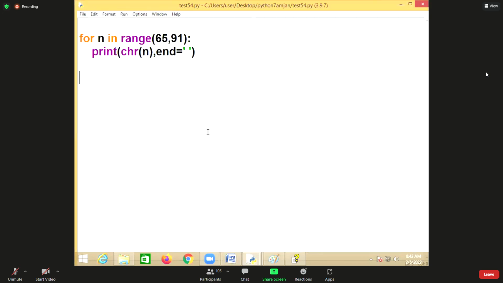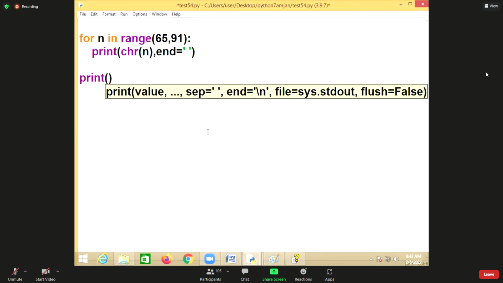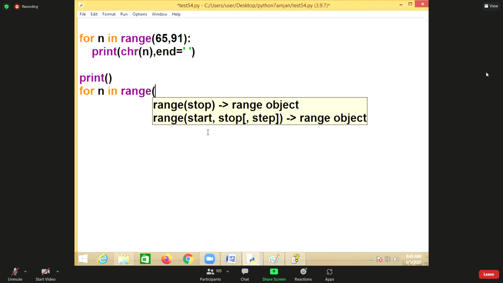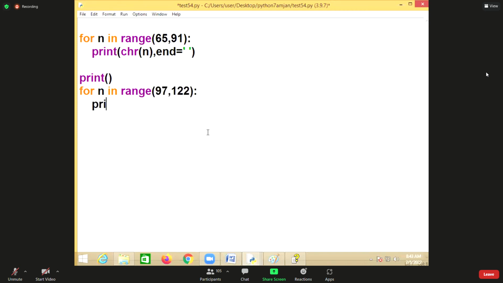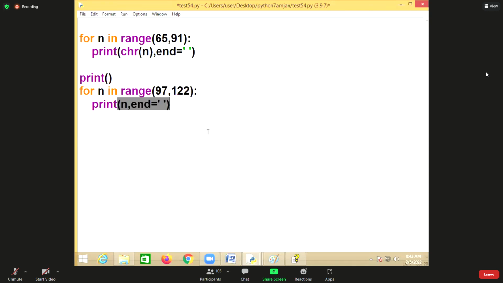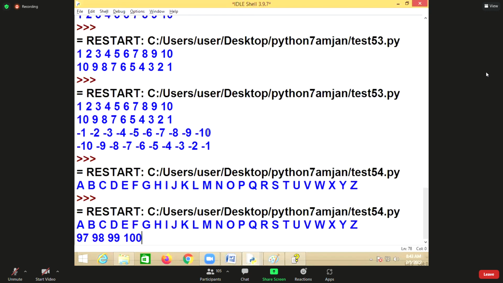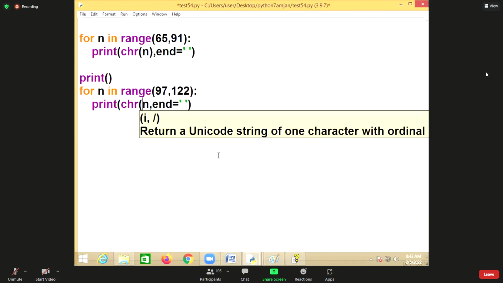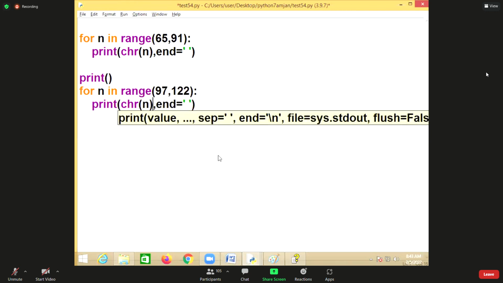If I want lowercase, for n in, what should I write here? 97 to 122. Anyway, the default step is 1 only. But what do I have to print? The character value.